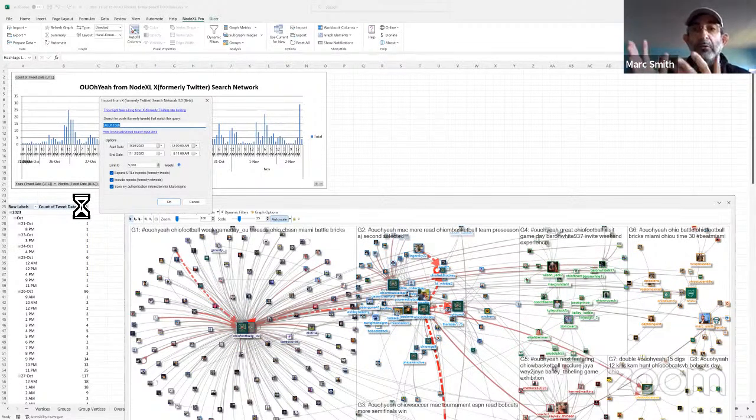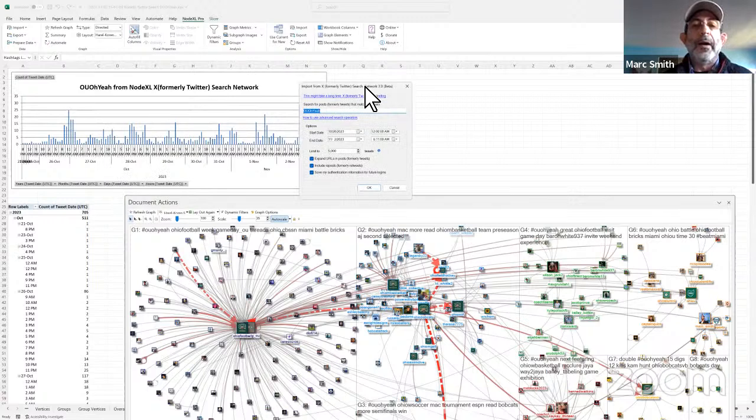And the goal is to make it so that you, typically a non-programming scholar, need to be able to get to the data, store it, analyze it, visualize it, write a report on it. This is how you do it. This is the dialog box. This is the import from X, formerly Twitter, search network 3.0 beta. And you type in your query.